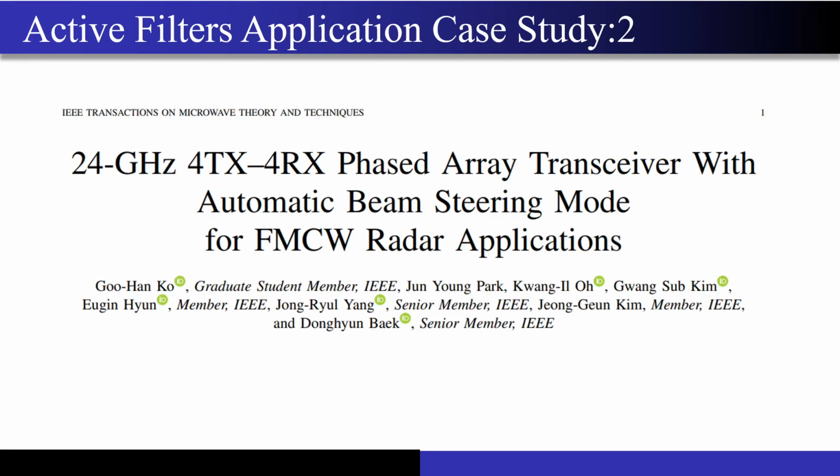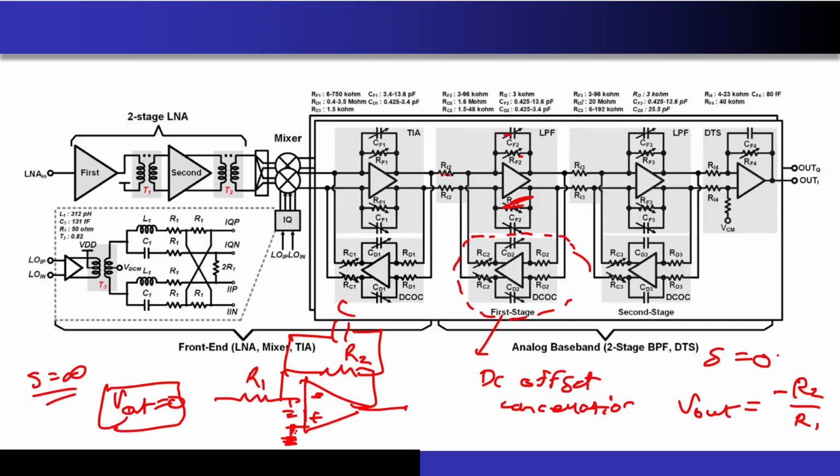Now let's go on to the next paper. Again in the Transactions on Microwave Theory and Techniques: a 24 gigahertz 4-transmitter 4-receiver phased array transceiver with automatic beam steering mode for FMCW radar applications. Even if you don't understand anything, that is completely okay. Just understand that there are 4 transmitters and 4 receivers present in this circuit. And if you zoom into one of the receiving circuits, you will find